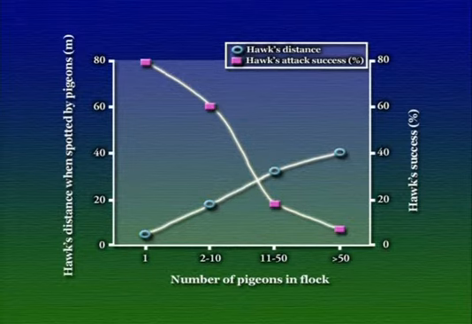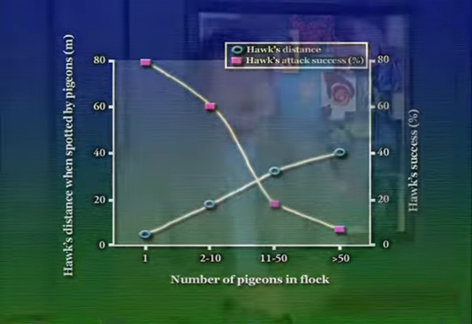Well, there are obviously also costs associated with group living, and I won't give you any specific examples here, but I'll just mention some of the obvious costs that an individual might incur by living in a group. One almost universal cost of living in a group is that an individual in a group has a higher likelihood of being exposed to disease or to parasites.